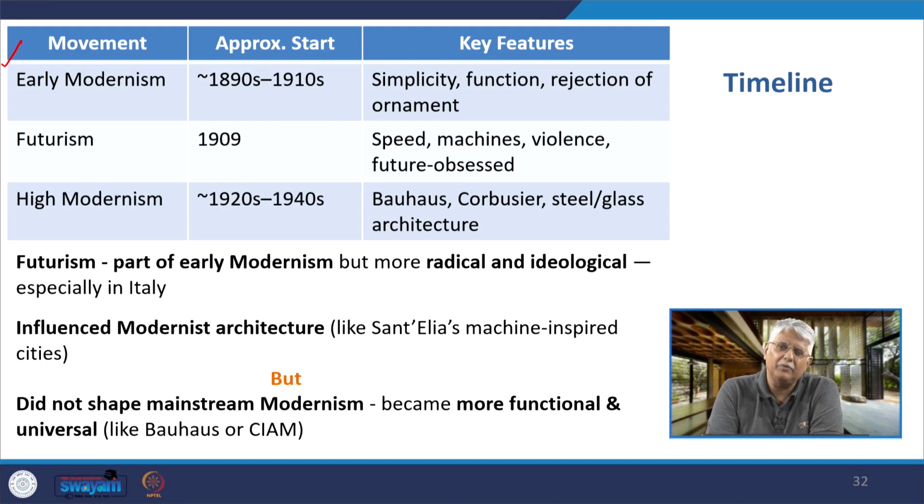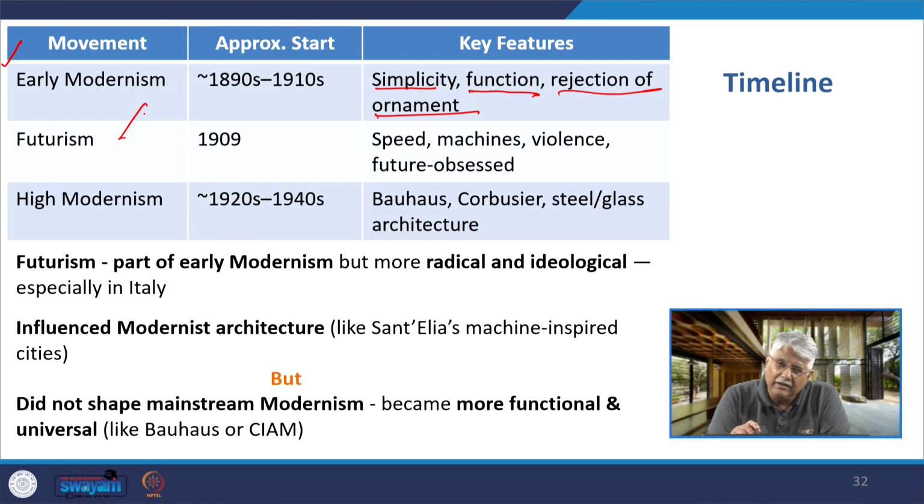Please refer back to my lectures on Art Nouveau. We talked about the works of C.R. Mackintosh, Otto Wagner, Joseph Hoffmann, and all of them started bringing forward buildings that were more towards modernism than towards the natural ornamental features that had been borrowed from nature in Art Nouveau. They had moved away from that, and gradually the buildings were looking more and more like the buildings we see later in the 20th century. There was a simplicity, there was a focus on function and a rejection of ornament in these buildings.